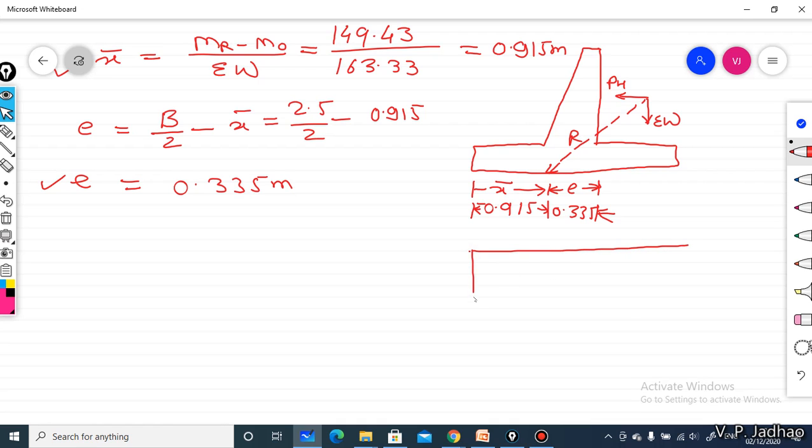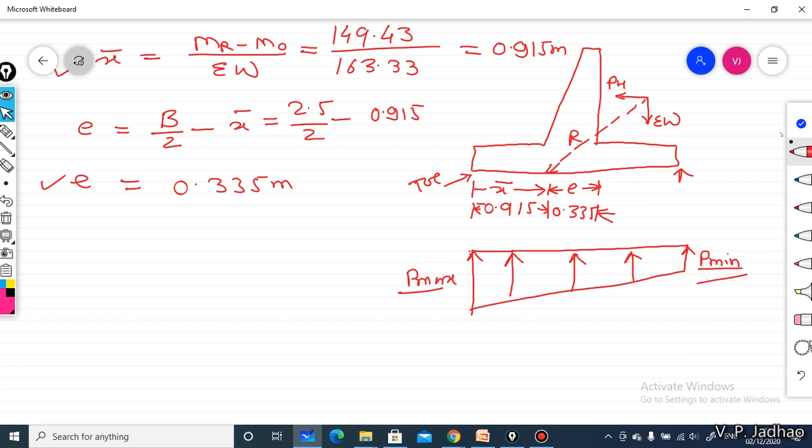Now there will be some pressure acting on this retaining wall from the ground or from the foundation. Some upward soil pressure will be acting on this retaining wall like this, where we consider this value as P minimum, which will be acting at this heel portion, whereas P max is considered as the pressure acting at this toe portion. So we have to calculate the values of P max and P minimum, that is the upward soil pressure which is acting on this